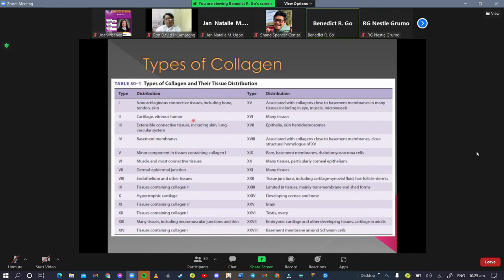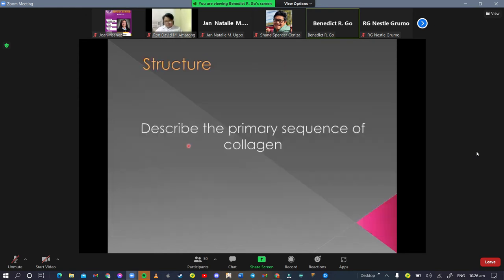Now, type 1 is non-cartilaginous connective tissue. You can find them in bone, tendon, and skin. Type 2, very common in cartilage and the vitreous humor of the eye. And type 3, extensible connective tissue, including skin, lung, and vascular system. Take note, vascular system in type 3. And type 4, basement membranes. You find basement membrane, an example would be in your renal glomeruli. Okay,